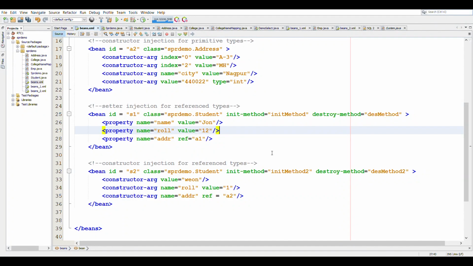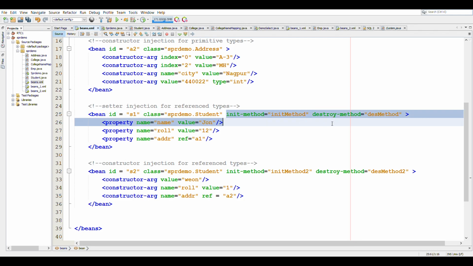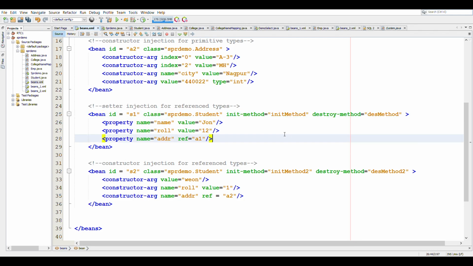So here in the bean.xml, we have bean S1 and S2 of type student. And we also have bean A1 and A2, which is of type address, which is a referenced bean, which is referenced from S1 and S2 respectively. And we are specifying init method and destroy method for S1 to be init method and test method.